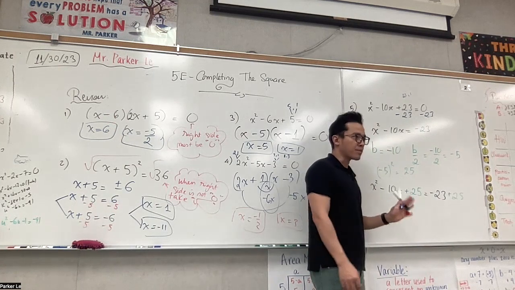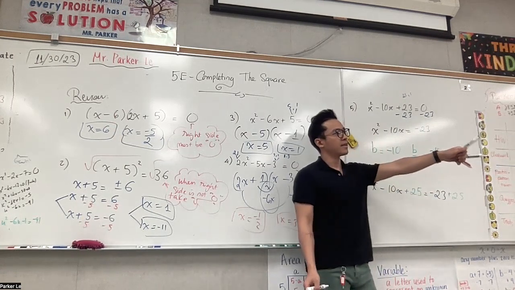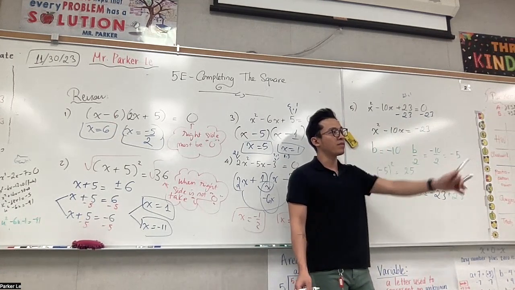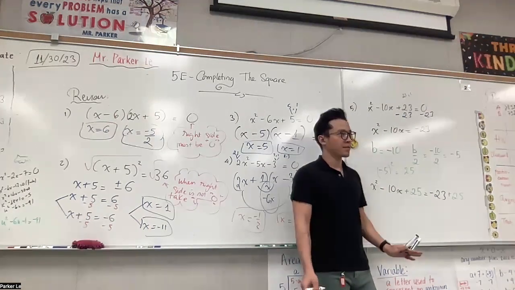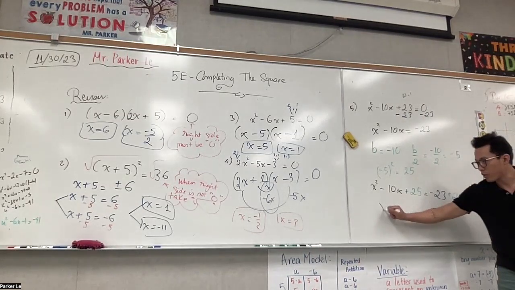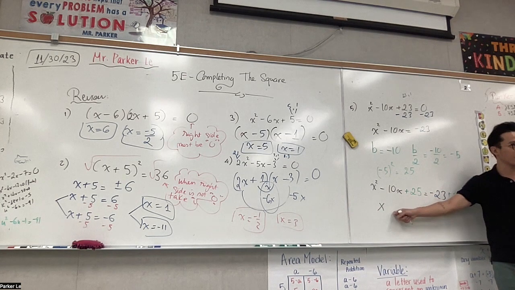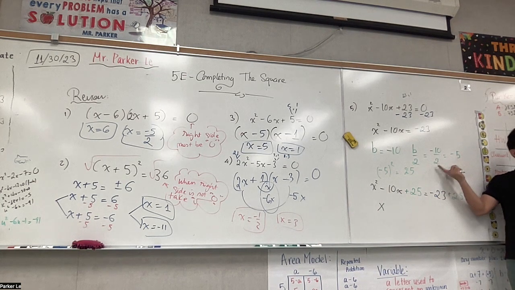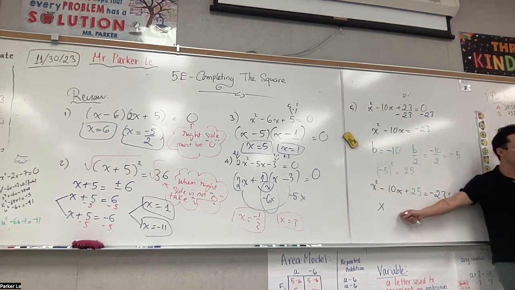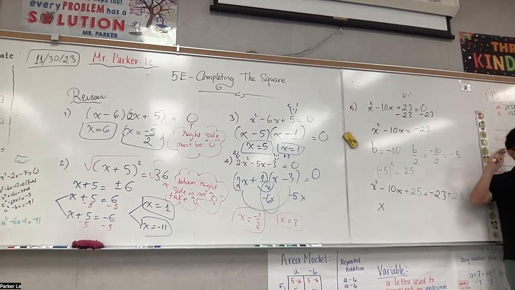Okay? Now, the last step is usually the one that a lot of people mess up. So we write the left side as x plus b over 2, and square it. So watch this. You want to write x, and whatever b over 2 is, just put it there. That's why I want you to write it down. Literally write it down. Don't memorize, don't do mental math. Write it down, because you can copy it. The chance you miss it is 0. The number is right here, you can copy it. But if you don't write it down, the chance you miss it is